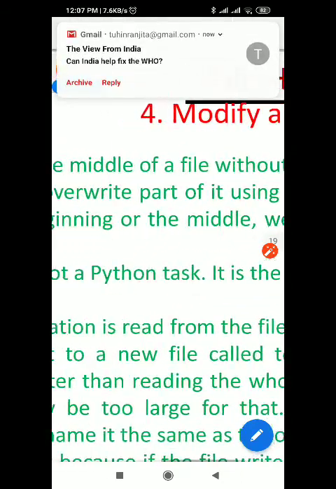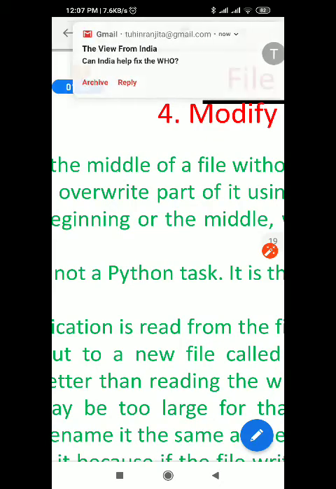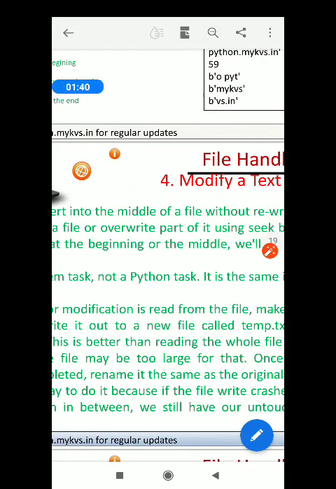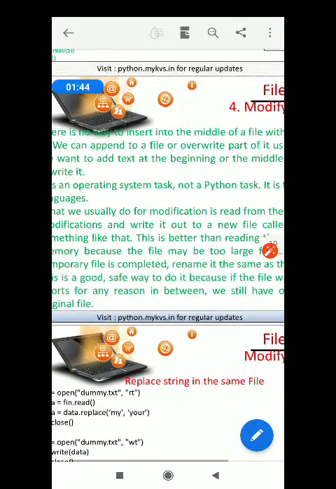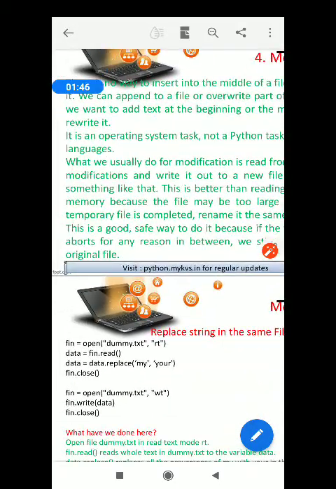Okay, let me go for modification of a text file. Very important from the examination point of view, as there may be questions regarding replacing a particular word, or character replacement, or word replacement, line replacement, etc. So here are some of the programs.